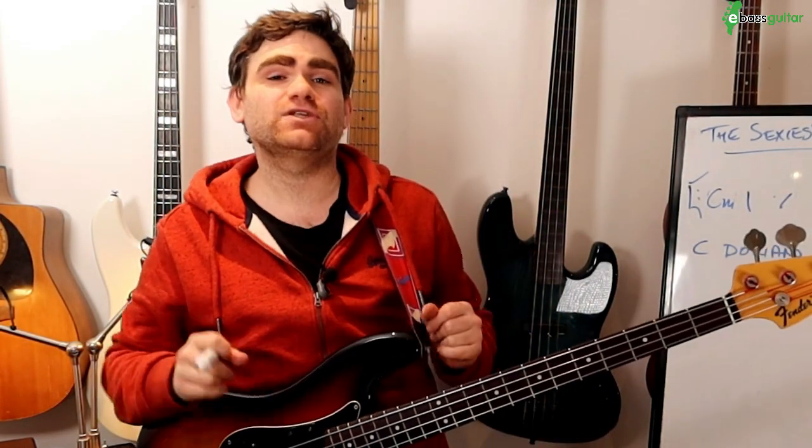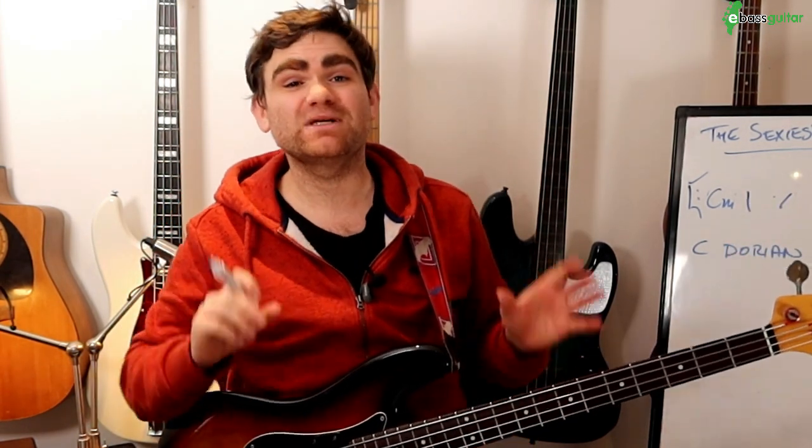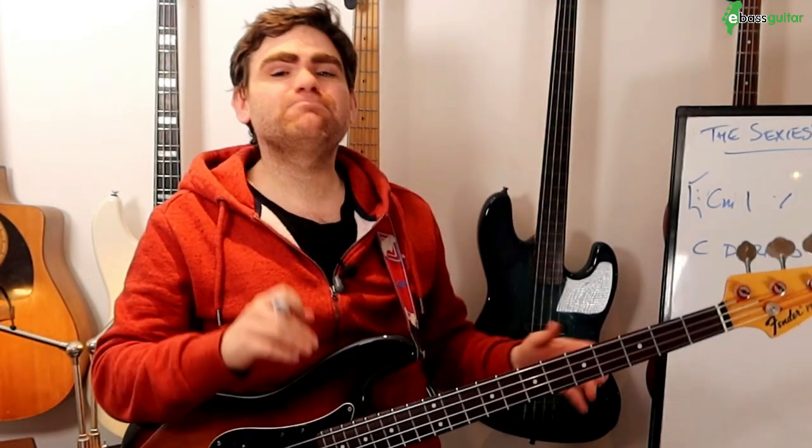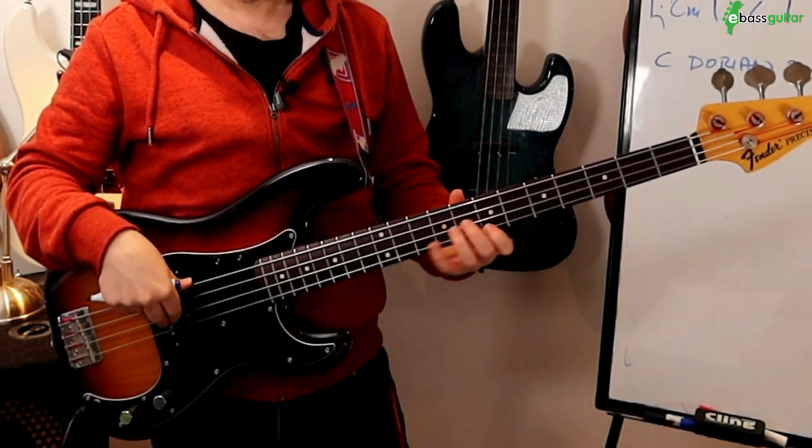So what we've got here is 16th notes, so there's 16 notes within that bar, so 4 notes per beat that we're going to be taking apart, which is why it sounds so great. And this is based on the C Dorian scale. So this lick here